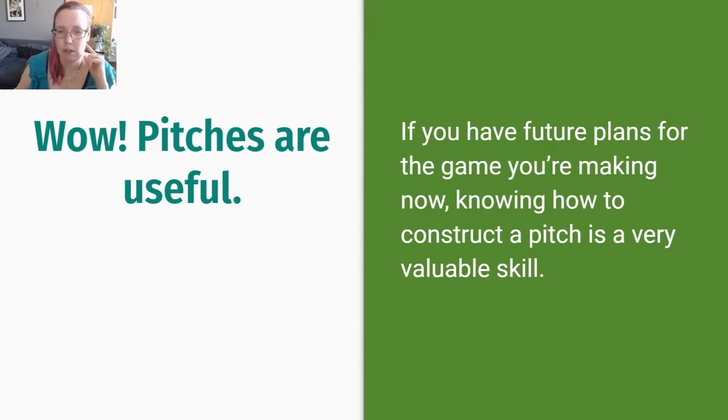And like with other parts of your GDD, it's going to be iterative. You're going to improve every time you give your pitch based on feedback and what you find works and doesn't work to get people hyped about your game. So just like you would bring a demo and see what people are getting bored on or stuck on or frustrated with and change those things, you would also alter your pitch to make sure that you're actually keeping people engaged.